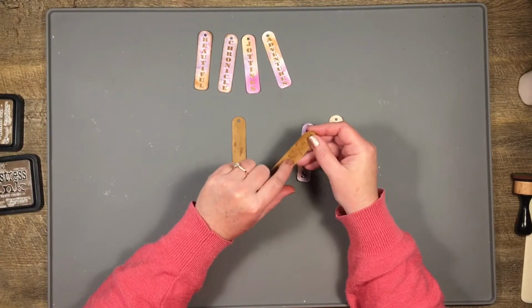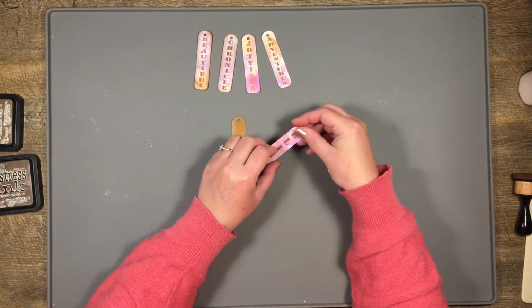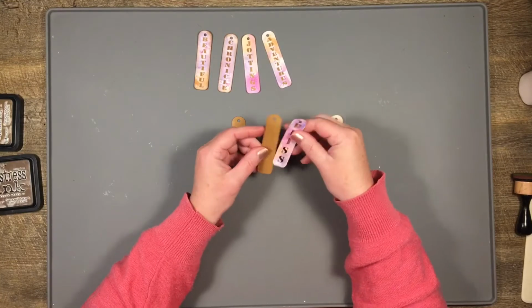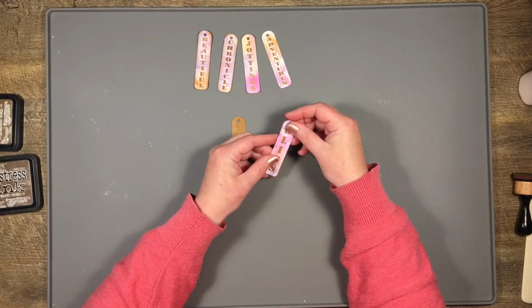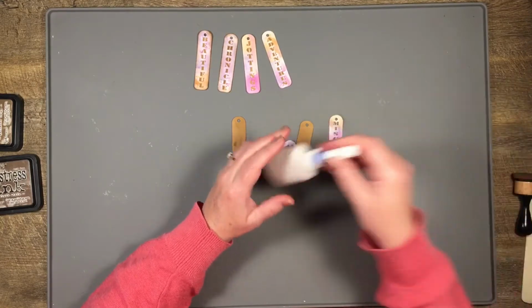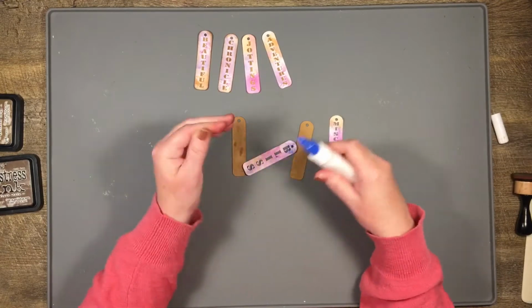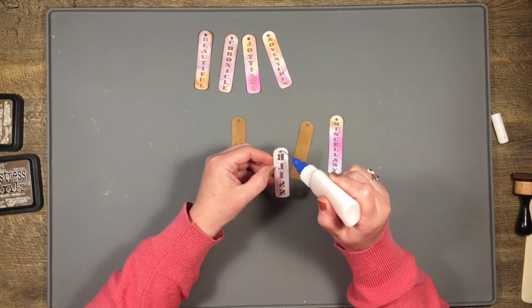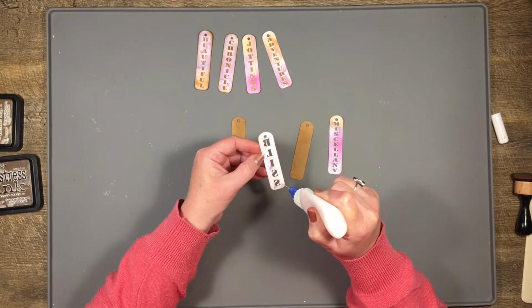I did it more so on one side, and that's going to be my back, so I'm just going to glue them together like so. And I just made them a little bit darker with the gathered twigs on this side so that it stands out a little bit more like that. So then I'm just going to take my trusty fine tip glue bottle with some glue in it,